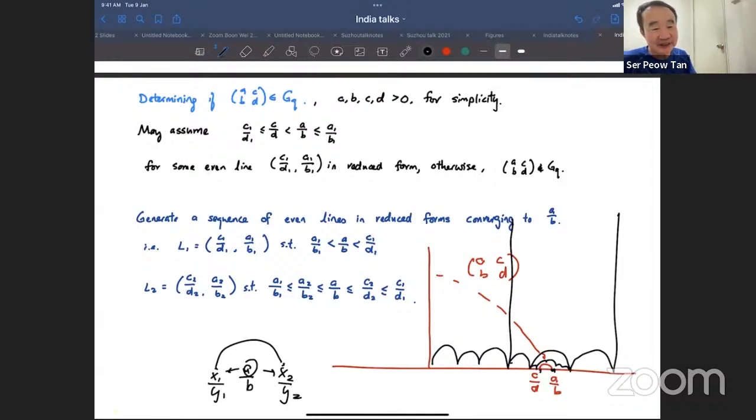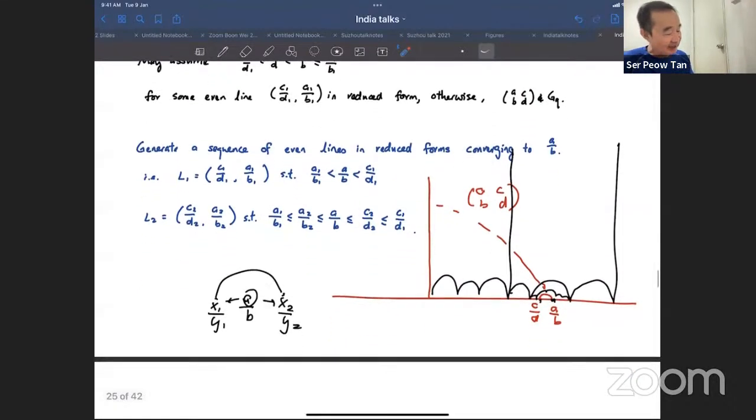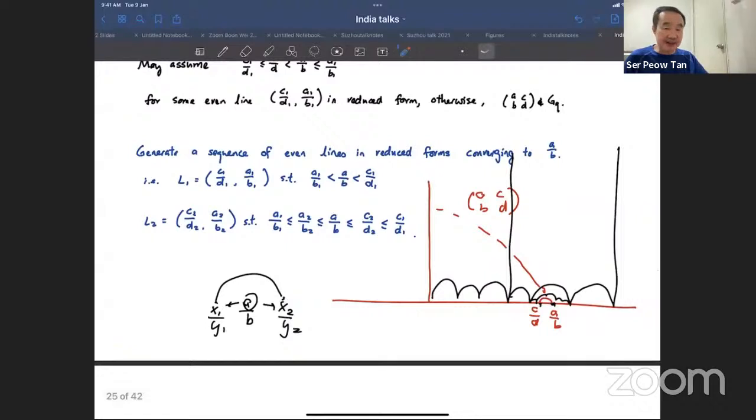Okay, so you can generate a sequence of even lines in reduced forms converging to A over B, and as long as at some point one of these numbers is less than either of these two numbers, we're done. Otherwise, eventually you converge to this thing over here, and you get exactly A over B. And if you do get exactly A over B, then you go on to try and search for C over D. And so the point here is that after a finite number of steps,